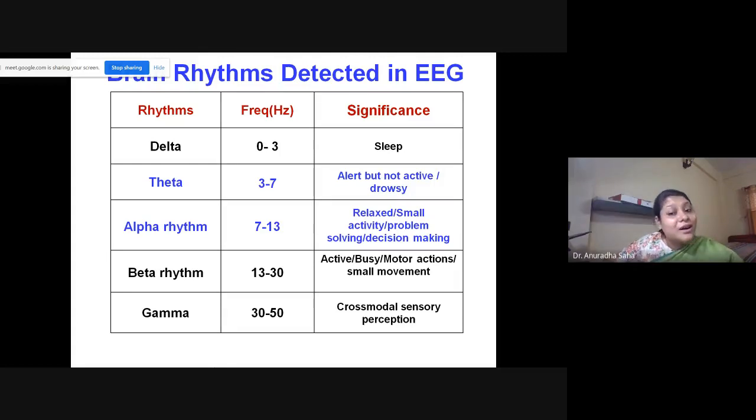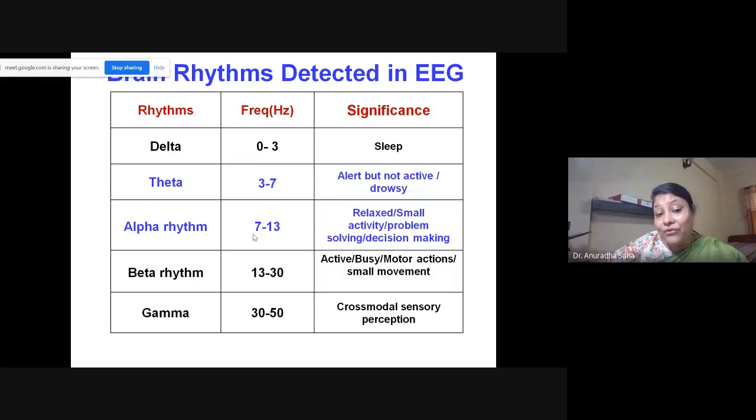So here, in this specific problem, that means in the problem of olfactory perception, there are basically two rhythms you can see, the theta rhythms and the alpha rhythms. These two rhythms have frequencies of 3 to 7 hertz and 7 to 13 hertz. Combining them, I can say that 3 hertz to 13 hertz is our primary, important area of frequency,